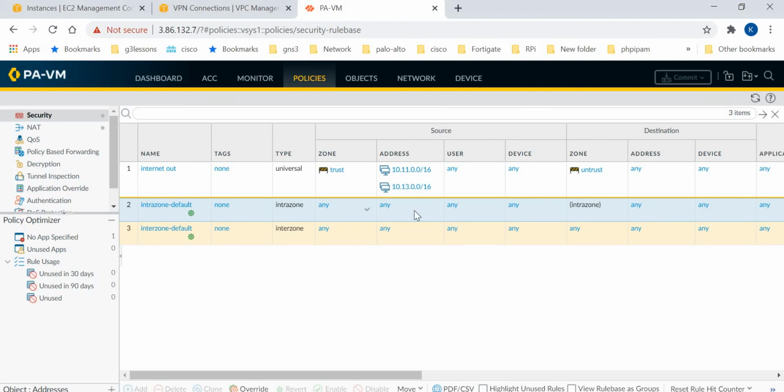You can still control this by putting an override policy over it, putting an explicit deny for traffic between trust zone to trust zone, and then above that you can make a few specific policies which you want to allow between the traffic.